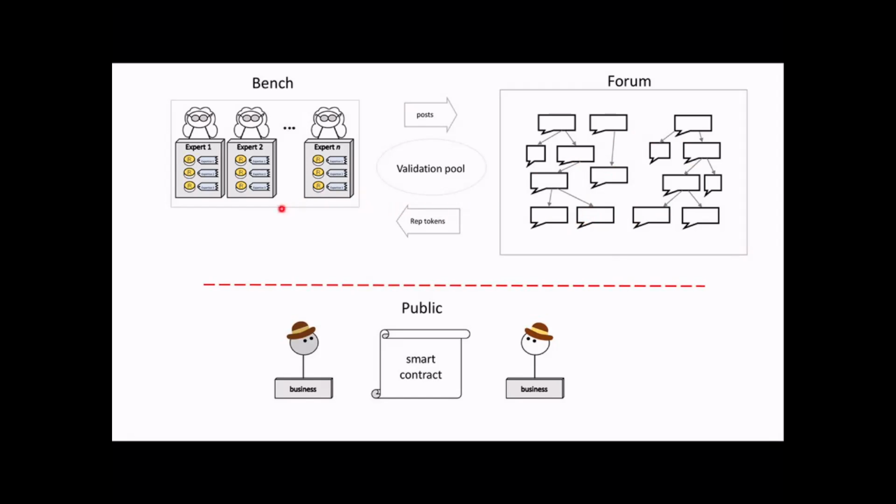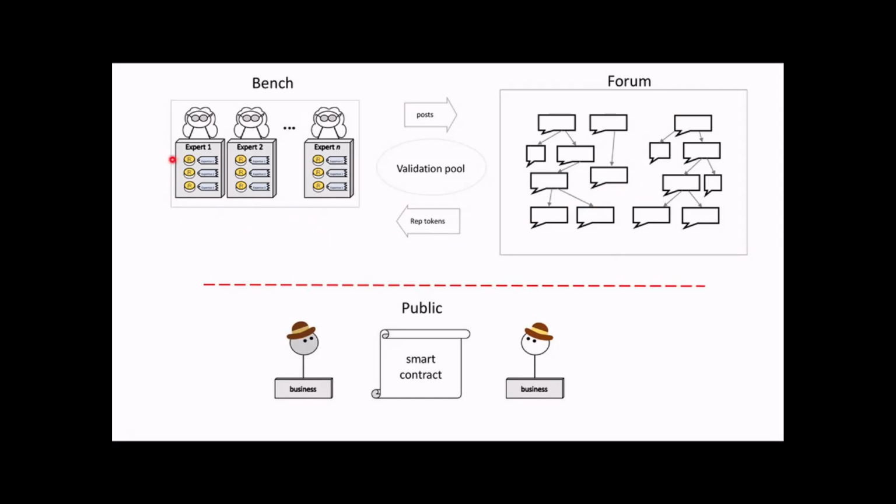And the DAO experts, the people in the bench, are the ones who make the posts that create the forum as time goes by. And the forum itself tells people what their reputation tokens are. It tells you whether you are expert 1 or expert 2 or expert 3 or expert 10 or expert 100. Then each one is going to have a certain number of reputation tokens, and that will be dictated by what they've done in the past, in the history. So the forum is the history of the DAO, and the reputation tokens are the accounting of what their history is. And each person has a certain number of reputation tokens.